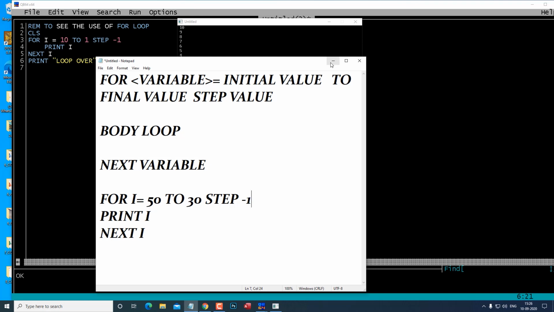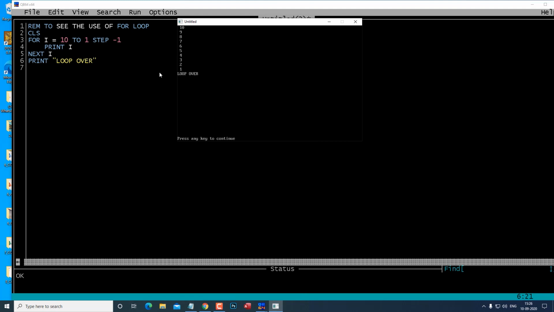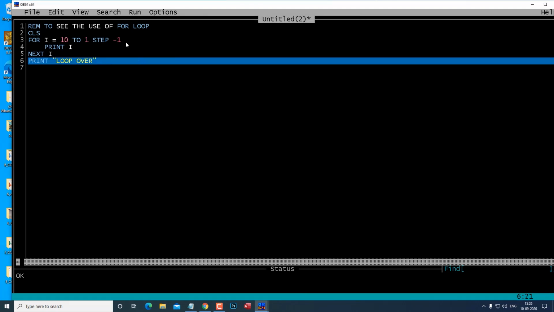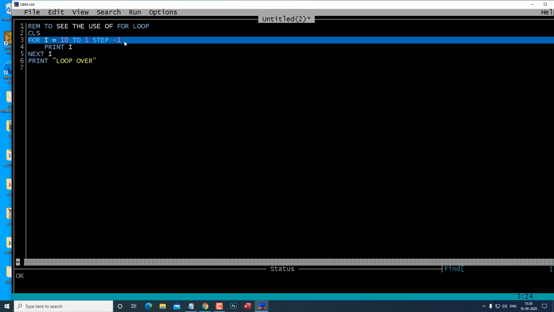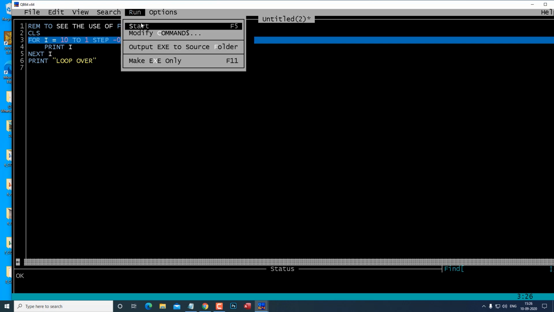Now what about the step size of decimals? We can also have a step size in decimal. We can also write a step size of minus 0.5. It is like marking in the exams, like half right, half mark. So here, half step, we are moving in half steps, in steps of 0.5. Now let us run the program and see.